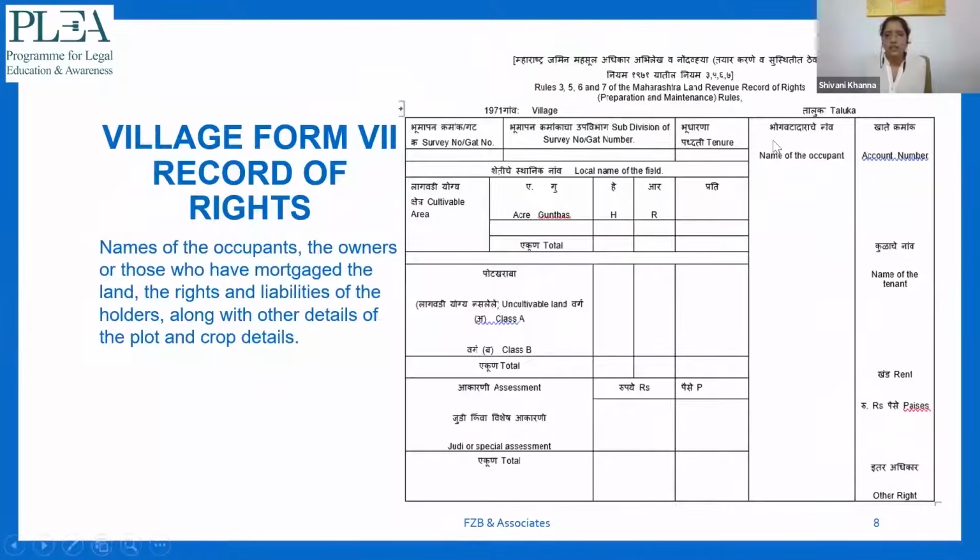As you will see on your screen, the first row gives you the complete description of the land. It gives you the village description, the name of the taluka, your survey and subdivision number. You come to know the tenure, whether it is an occupancy class 1 or class 2. Class 1 is where you are the holder of an unalienated land without any restriction on transfer. Class 2 is when there are restrictions on transfer, or you are a government lessee. The middle column is the local name of the field.